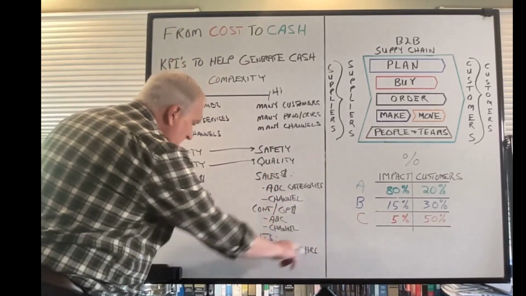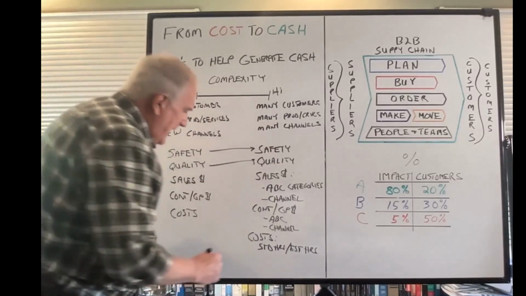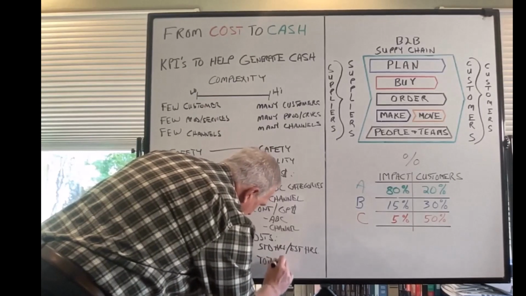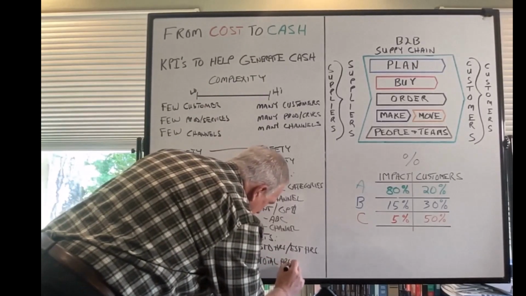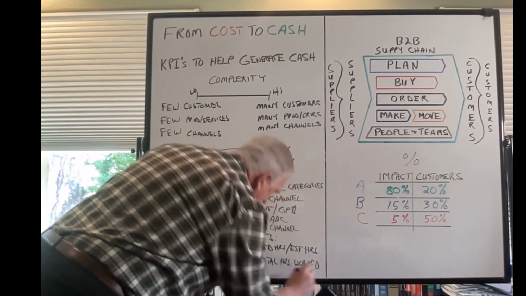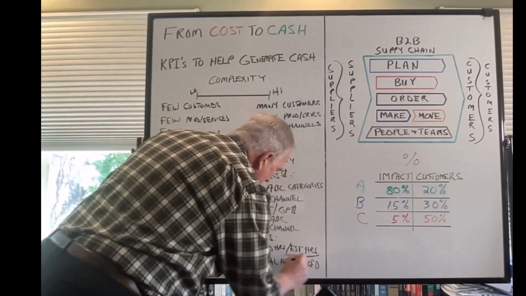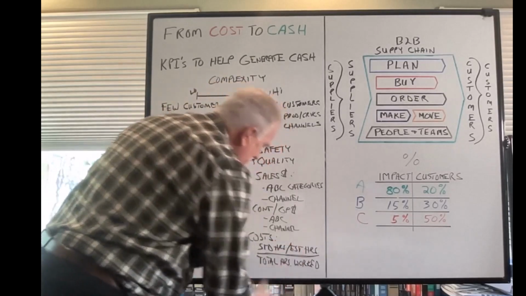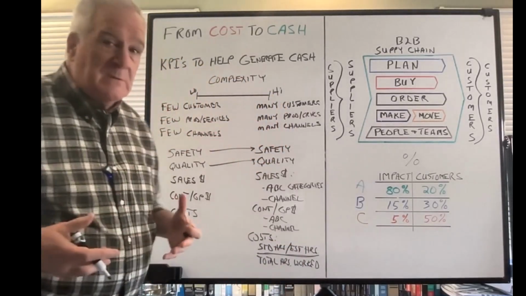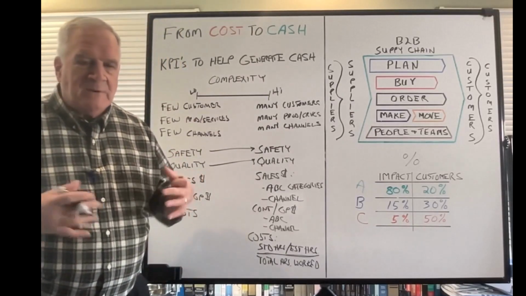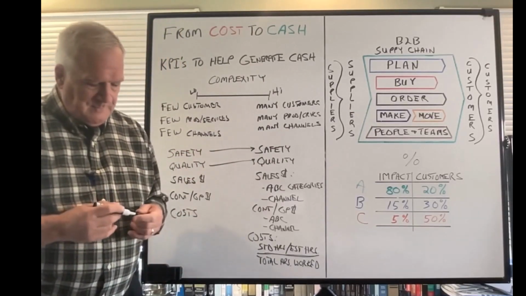So you want to know how many of those did I complete this week? And then what's my total hours worked? That tells me what was the cost of completing that work. So if you divide this result, either standard hours or estimated hours, by total hours worked, you'll get a percent, which is really your productivity percent. And it's a good indicator of what the cost was to complete that work.